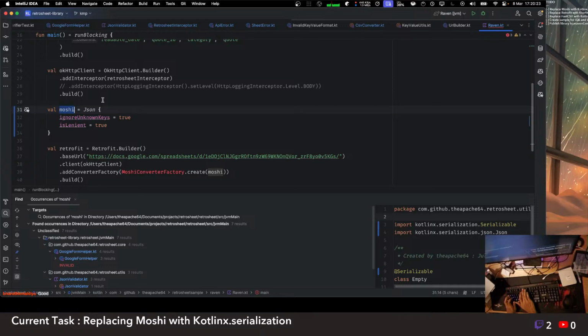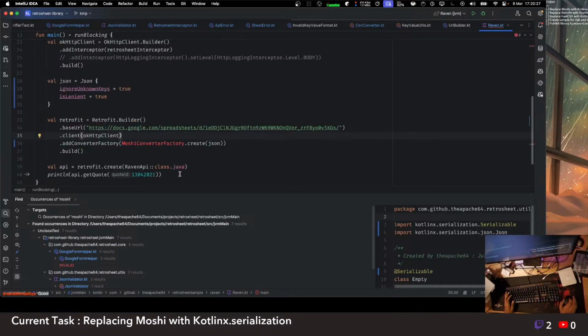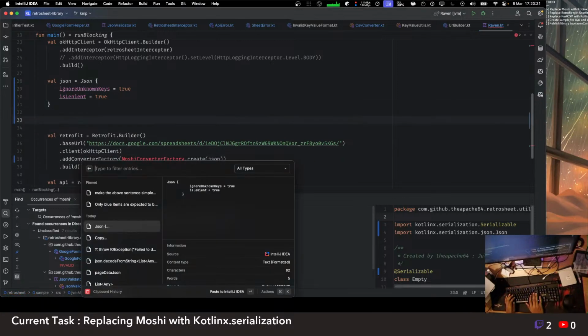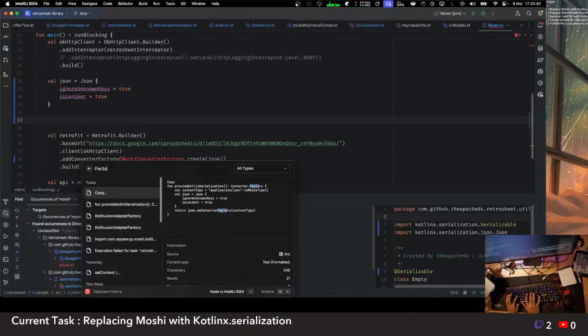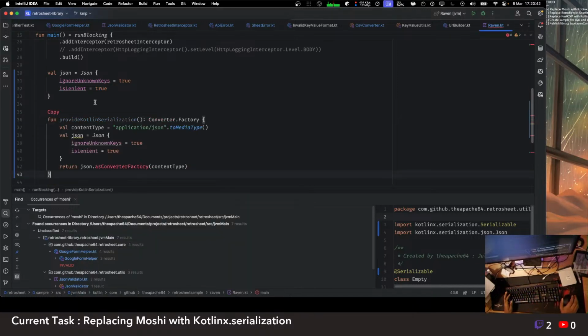This is JSON now, and we need a converter factory here, and I think I already have that in my clipboard copied from the migration guide. I knew this would happen. I'll search for factory. Okay, this is my factory, and I think this converter factory I have to get from somewhere